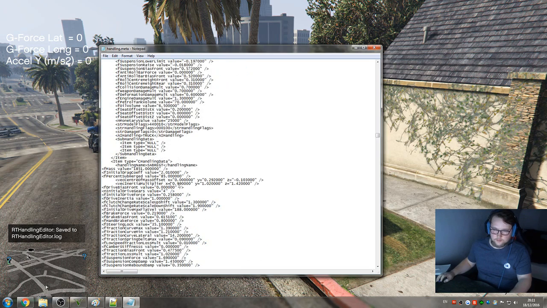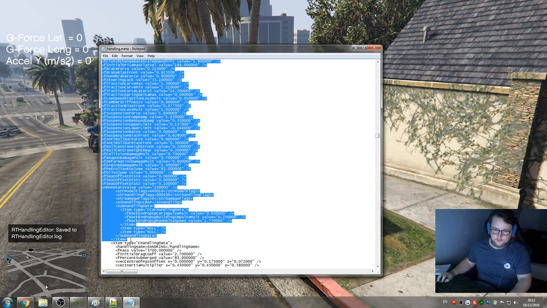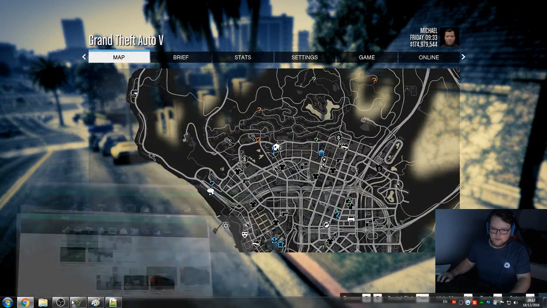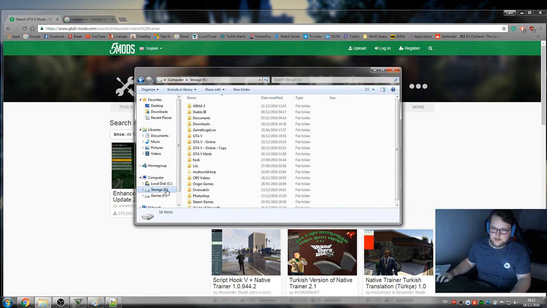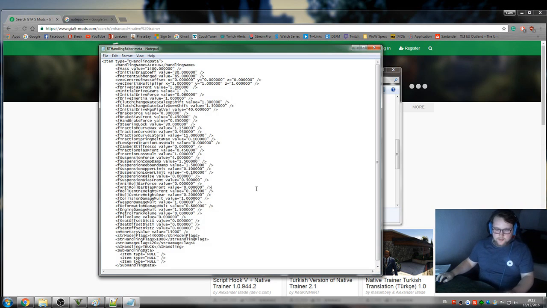I balls that up. Let me start again. So from item type, see handling data just above the Sabre GT line, and then down to the cut item, which is there. Copy that, close it, go to your GTA directory, go to the meta file, RT handling editor meta, paste it in there,